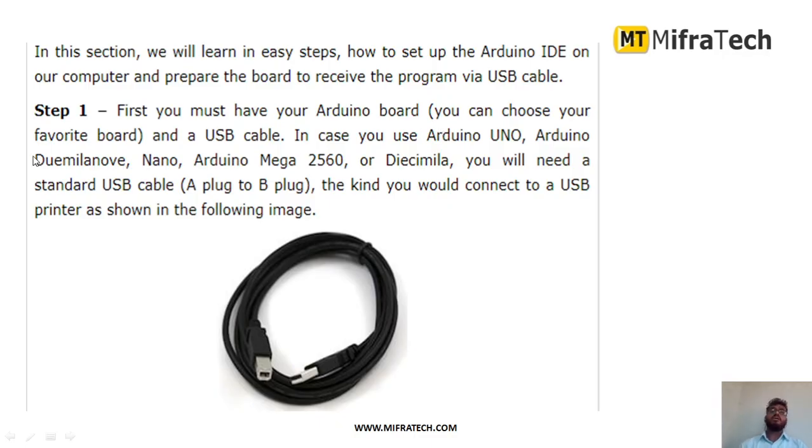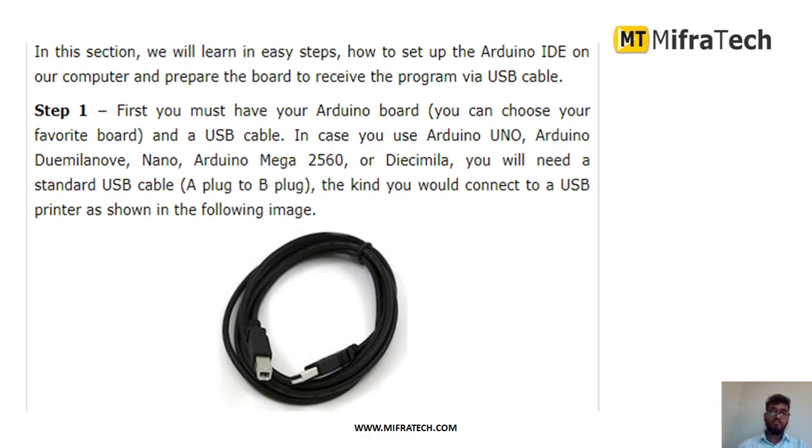Next we'll see step by step how to configure Arduino software and how to insert the cable for any Arduino board, and I will show you everything in detail. So first step, whenever you want to use this software, you have to connect an Arduino board like Arduino Uno, ESP8266, NodeMCU microcontrollers, or Arduino Mega. For any type of Arduino microcontroller, you need that particular type of connecting cable in order to connect the board to your system.